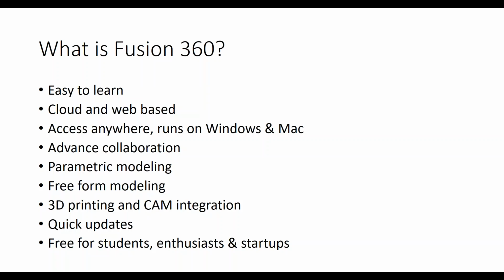And next is parametric modeling. We will come to what parametric modeling is; that is there in every software. And then free form modeling. One major thing where you can play is free form modeling. Free form is just like a simple clay model. You can just drag and drop it, and you can design whatever it might be, irrespective of design. If you want to create your mouse, for example, and you want to change its design irrespective of mathematical modeling, you want to have your own design, you can create it. That is called free form modeling. It does not have any dimensions. That is called free form modeling, and that is possible only in this software.